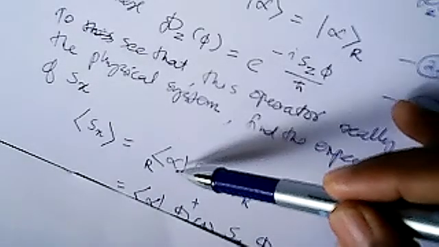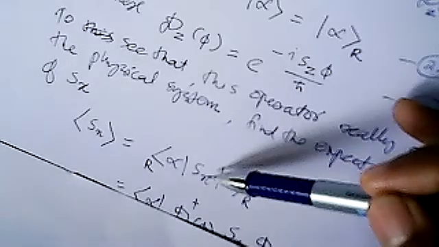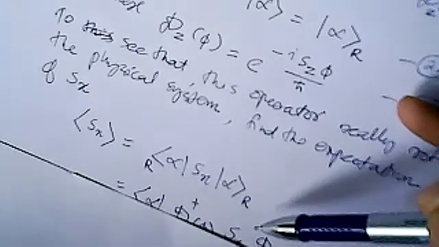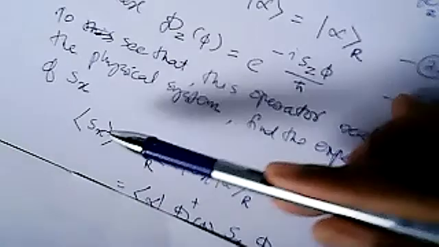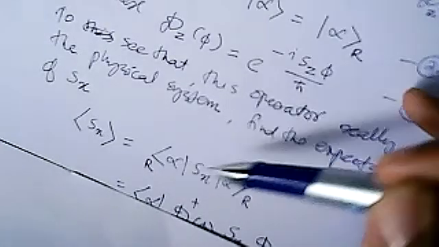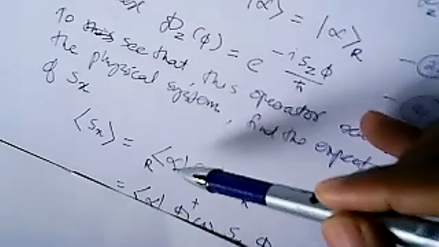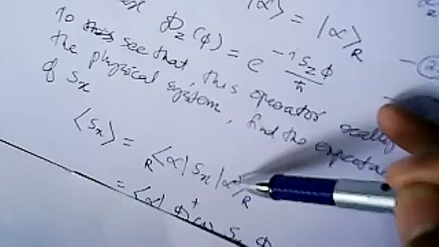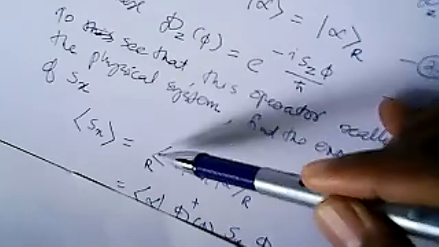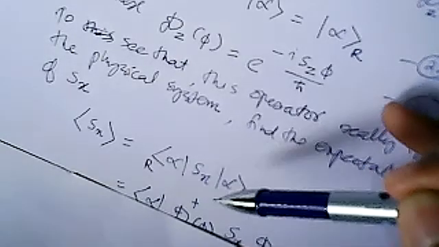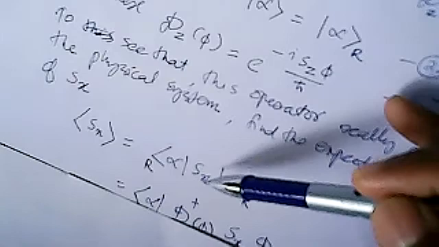So bra alpha R Sx ket alpha R is the expectation value of Sx. So this is after rotation. So the system is rotated, and this ket alpha R is the final rotated state. So with respect to that, this is the expectation value of Sx. Okay, so that you can write it as